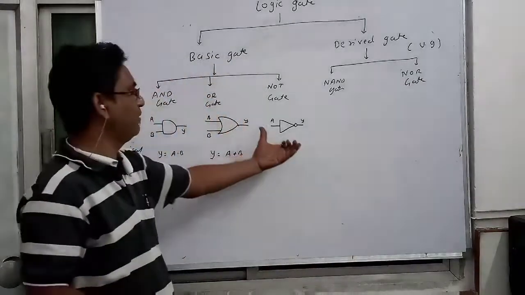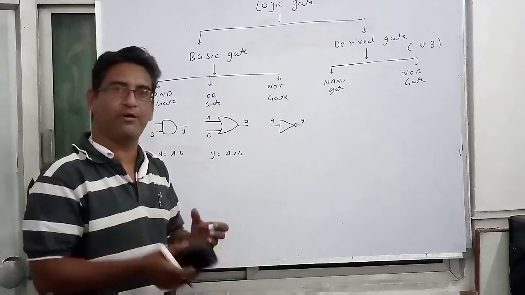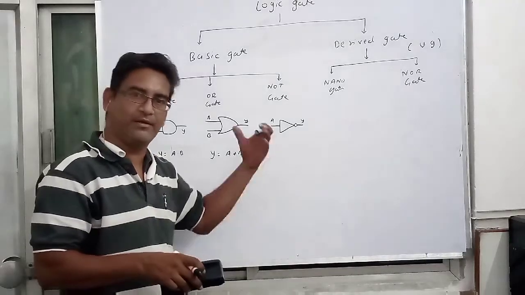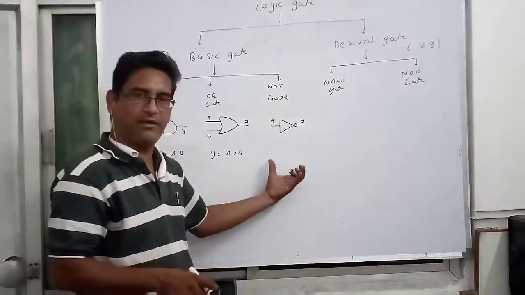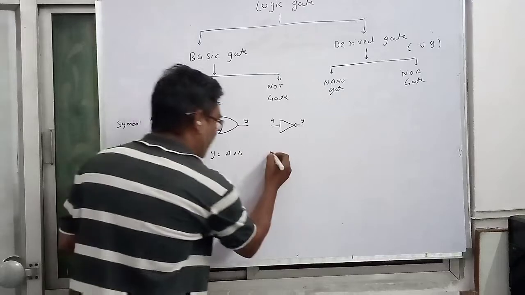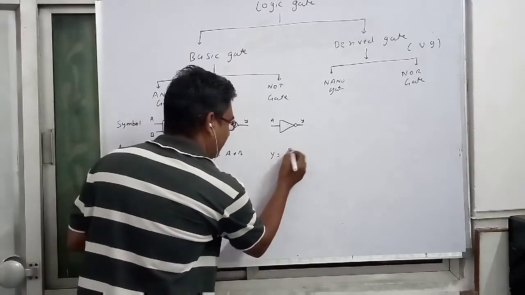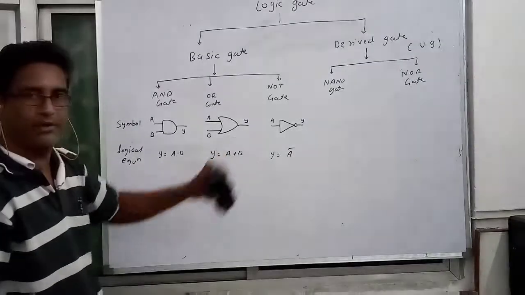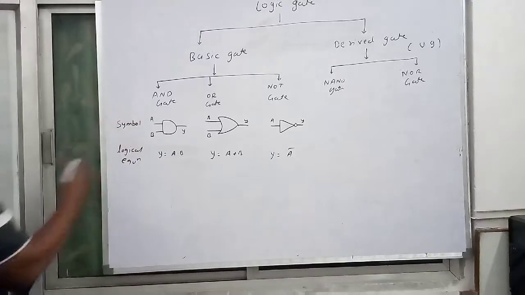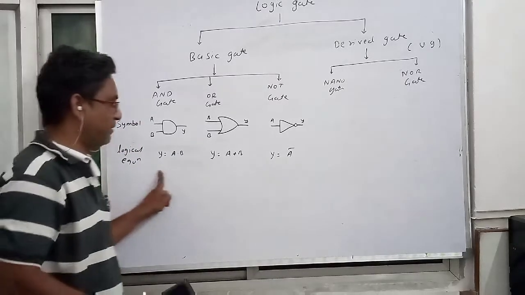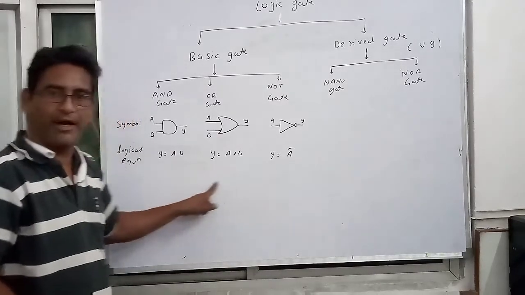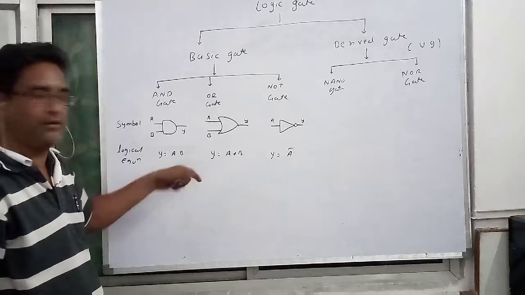By using this particular NOT gate, we are able to perform the complement of that value, and that gate is nothing but a NOT gate. So here the logical equation for that is Y is equal to A bar. Okay, students, as per my knowledge, you should understand this one, and then we are going to start